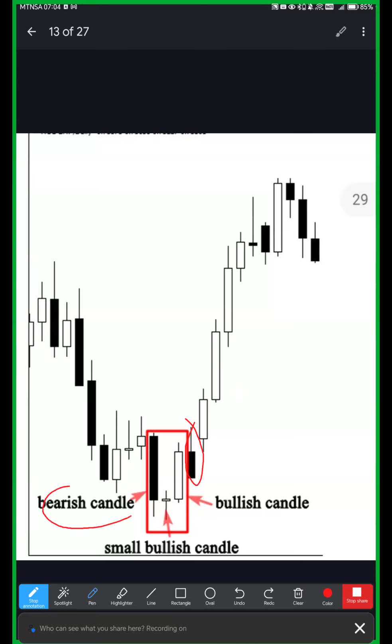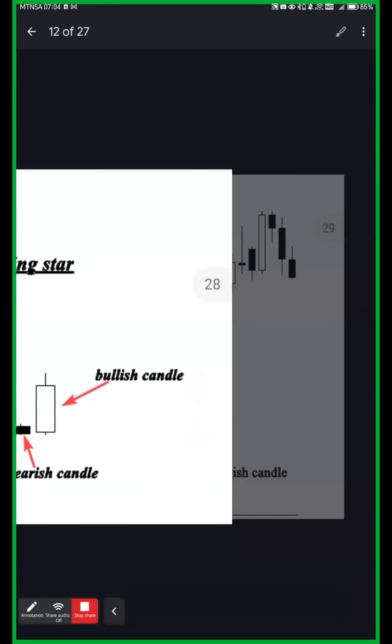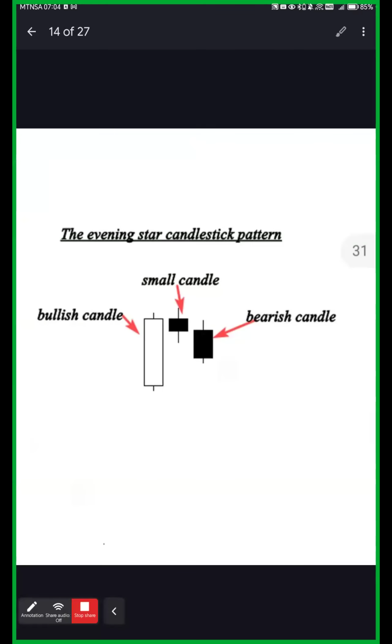So here is a bearish candle, which is like a mother candle. There is a baby candle here, the small candle, and then comes the bullish candle, and then we see the market showing you the direction that it would want to go. So when morning stars have showed up, when you have been experiencing a very beautiful day with sunshine, you should know that the sun is not going to shine forever.